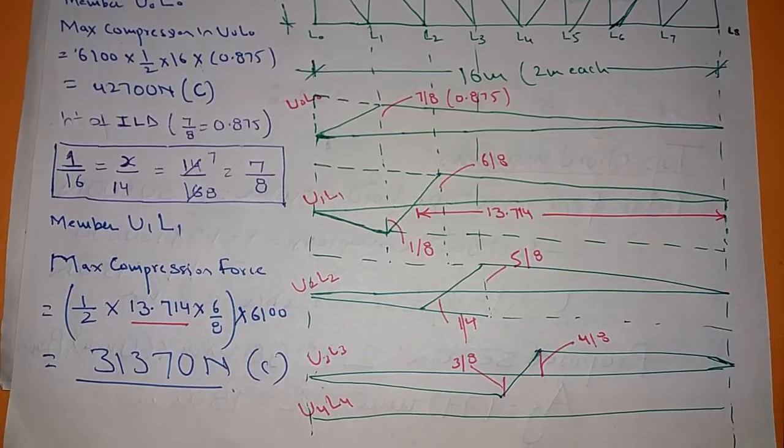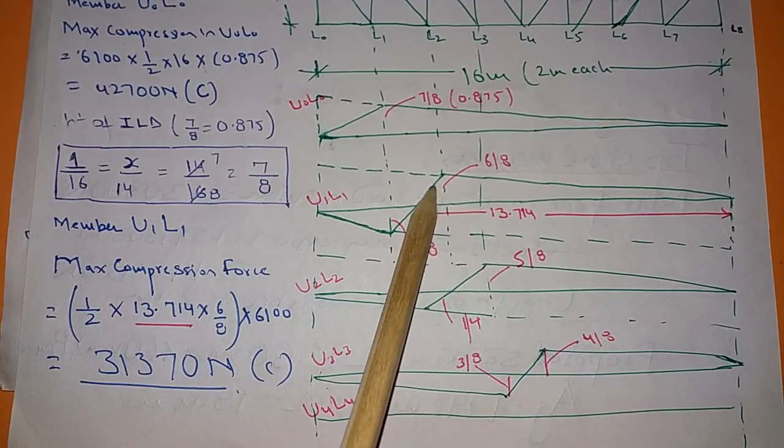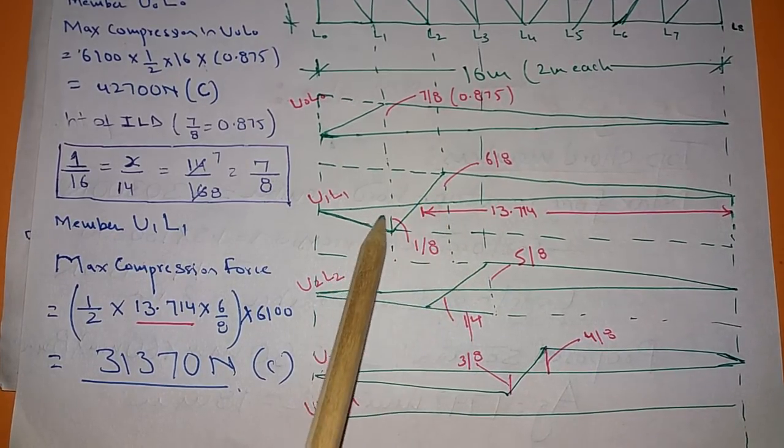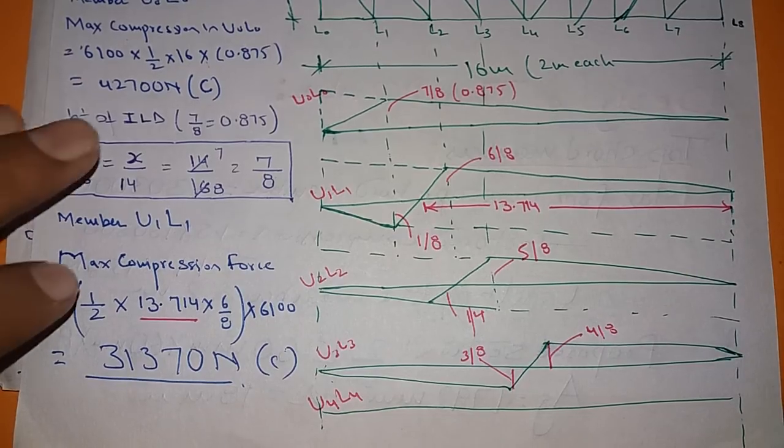Now maximum compression and maximum tension can be calculated separately. Let's say the area of this triangle is in compression and area of this triangle is in tension. So this can be easily calculated. Now